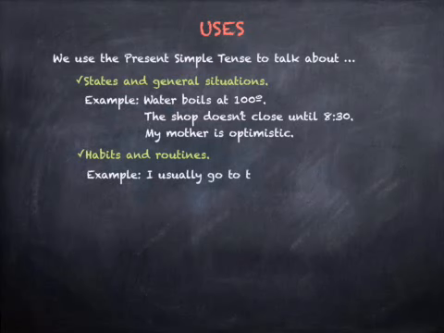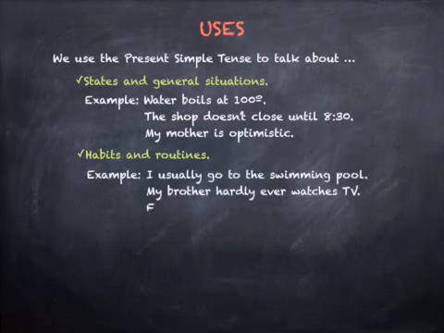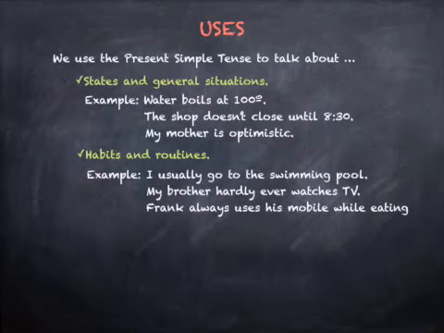If I say, for example, I usually go to the swimming pool twice a week, that means that the action has started in the past and will probably continue in the future. That is, last week I went to the swimming pool twice. This week I go twice. And next week I will go twice too. So, I usually go to the swimming pool twice a week. Other examples of the same kind could be